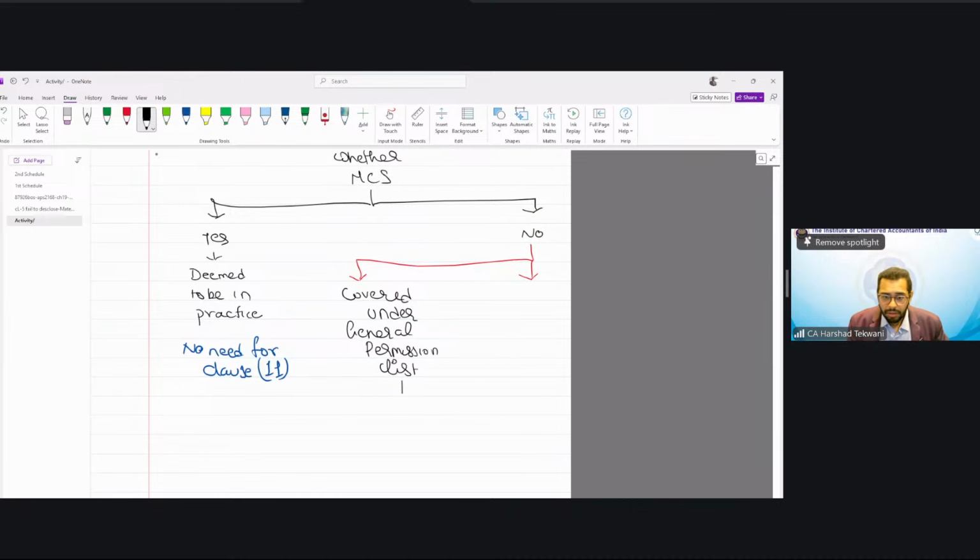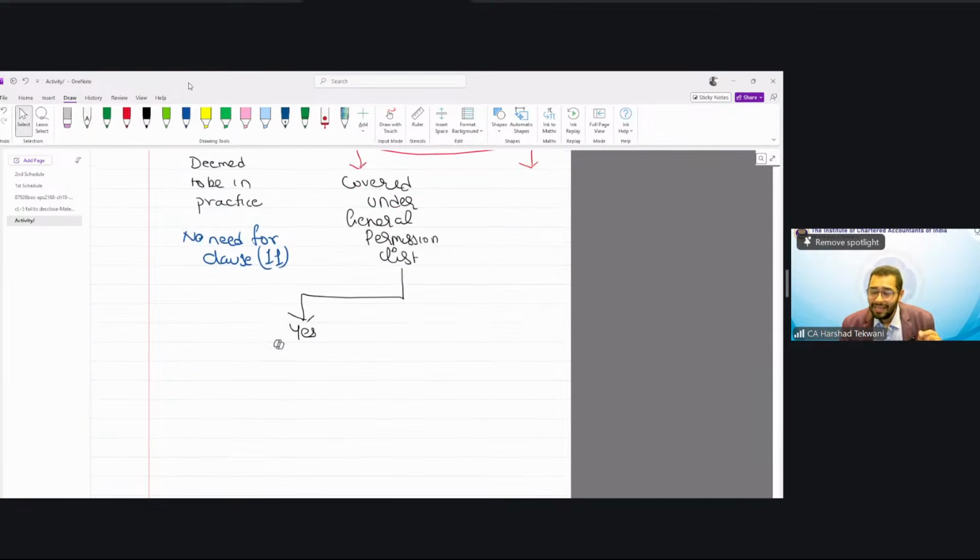If yes, then fine, provide it; a CA in practice can indulge in it. Perfectly fine. But if no,